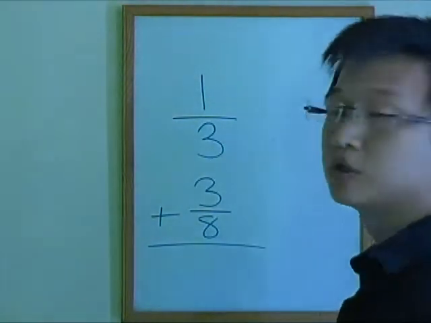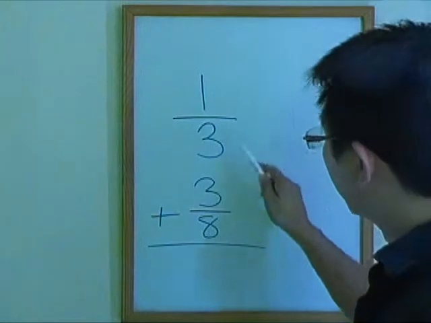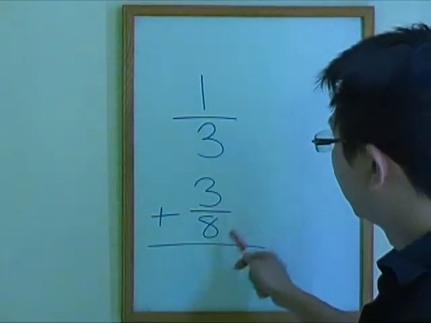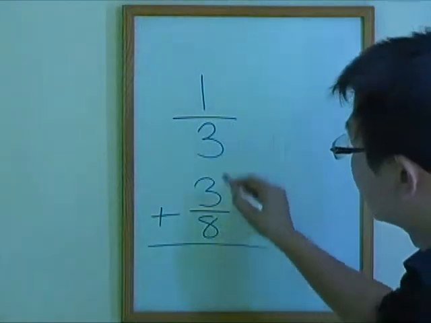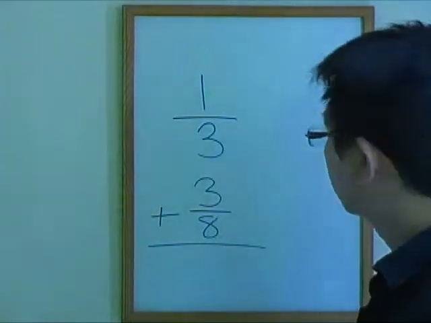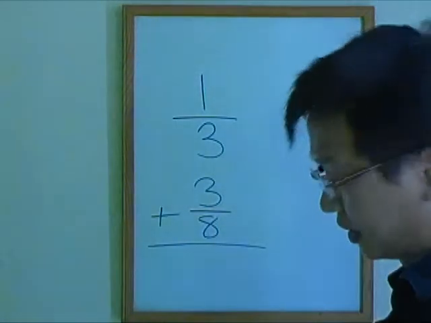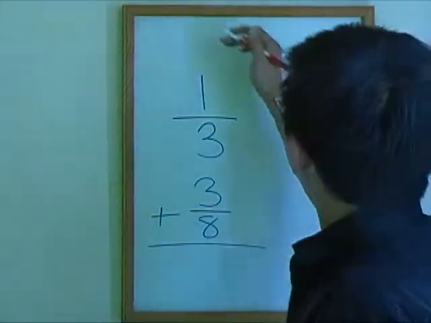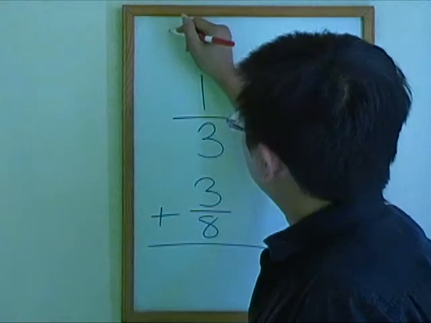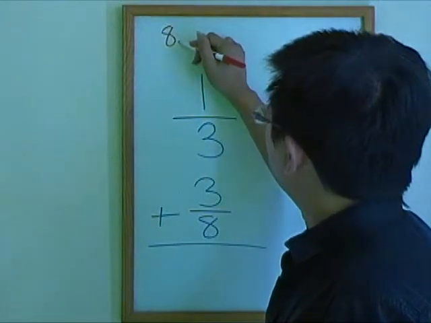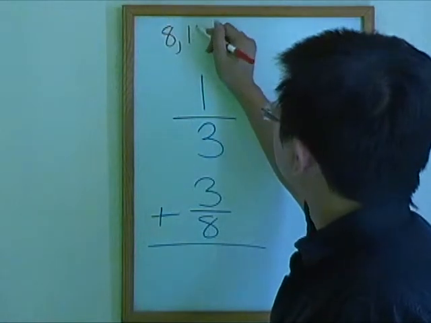So what we do, we're going to start with the fraction that has the denominator that's bigger, right? Because 8 is bigger than this 3, so we're going to start skip counting by that denominator. So we're going to start skip counting by 8. And I'm going to write it up here so that way we have room to do all the rest of our work. So 8, 16,